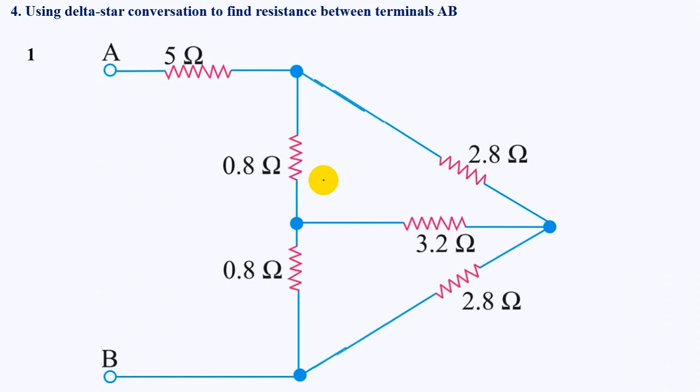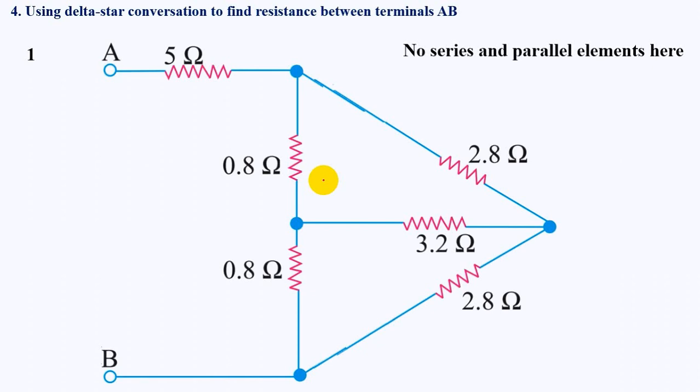The answer is no, none of the elements are in series. If you have a doubt on this, call me, we'll discuss, debate. Then what do you do? Check if any elements are in parallel. No, none of the elements are in parallel too. Then what is the third step?